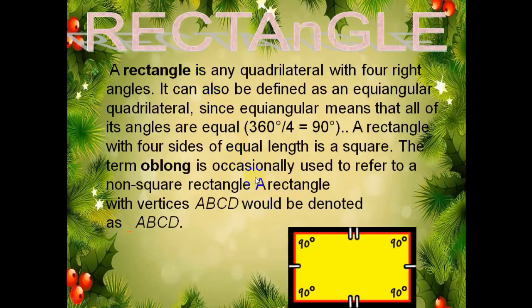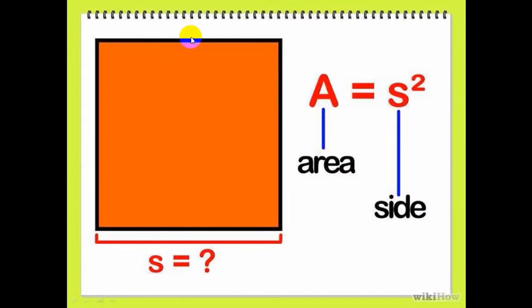Suppose the length of one side is 4 centimeter. Then the area is equal to 4 multiplied by 4, which is equal to 16 centimeter square. Centimeter multiplied by centimeter is actually centimeter square. The area unit for the square shape is unit square. So if the length of one side is equal to 4, then the area will be equal to side multiplied by side, which means 4 multiplied by 4, which is equal to 16 centimeter square.